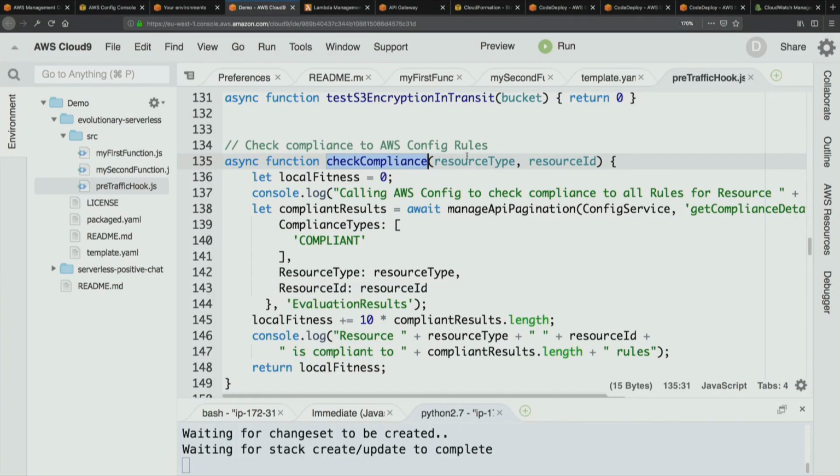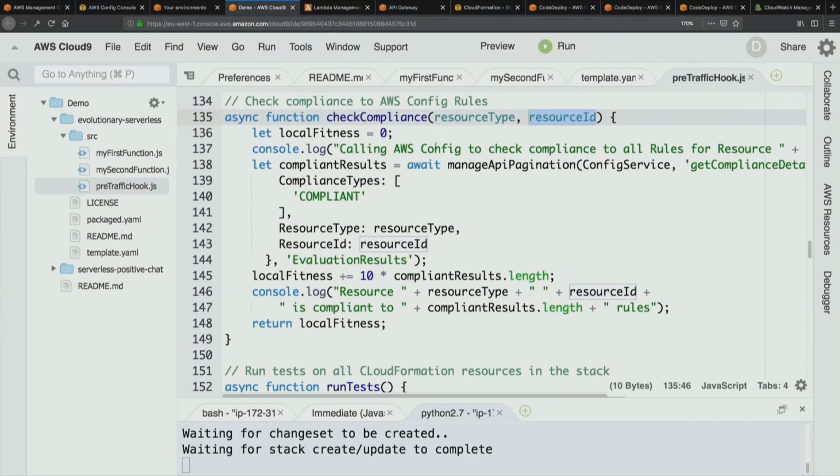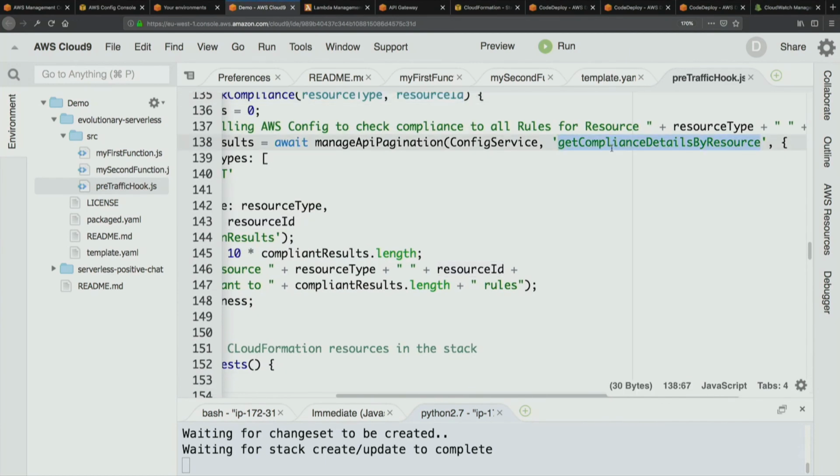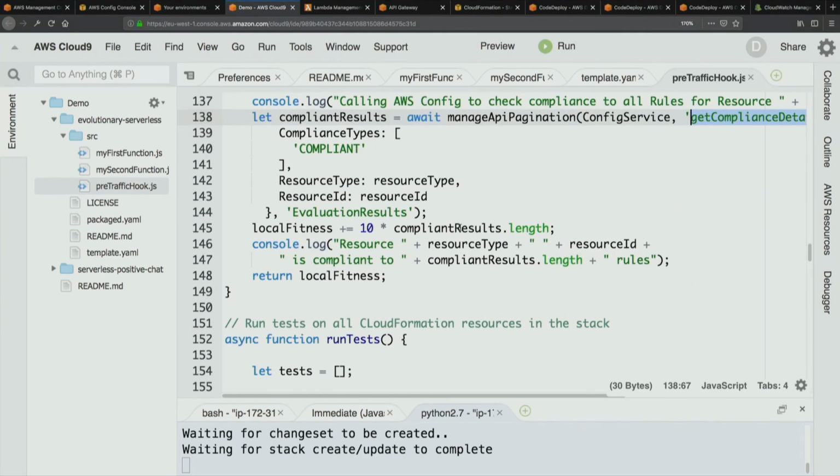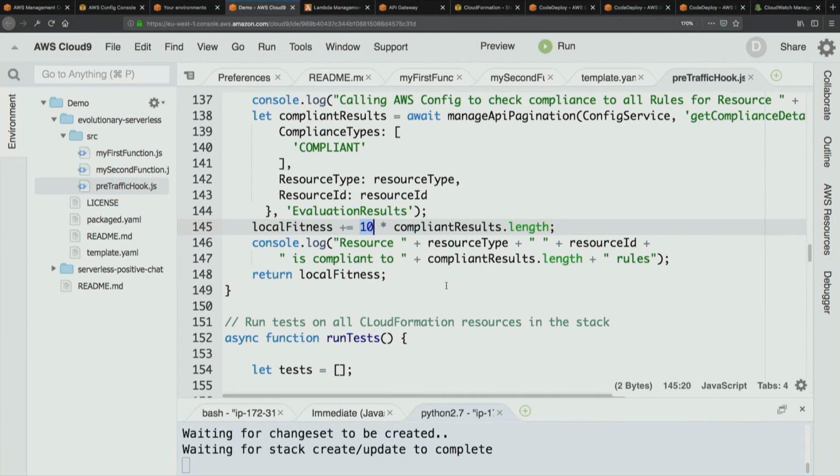So on all the resources in your CloudFormation template, you can just call this API, get compliance details by resource, and you get whether this bucket, this DynamoDB table is compliant with your specification. And if it is, you give 10 points in your fitness, for example, for any compliance that you get. So I'm creating the fitness function as an addition of all these tests.